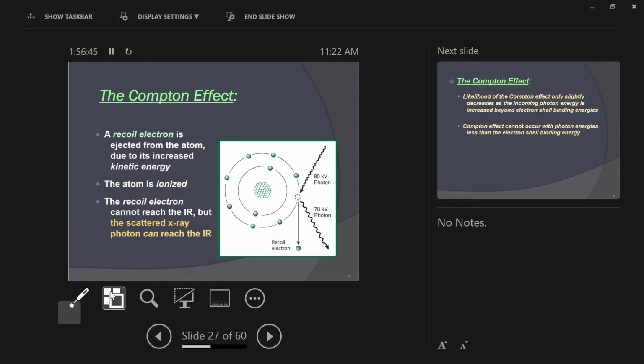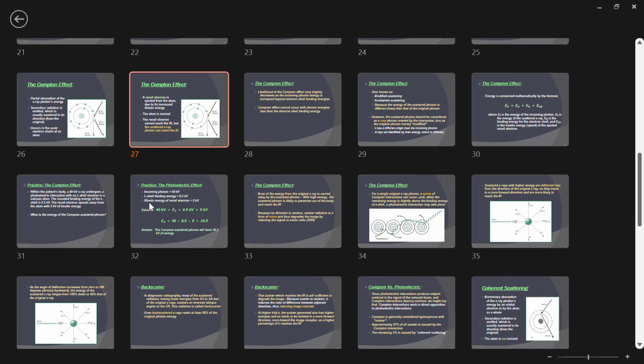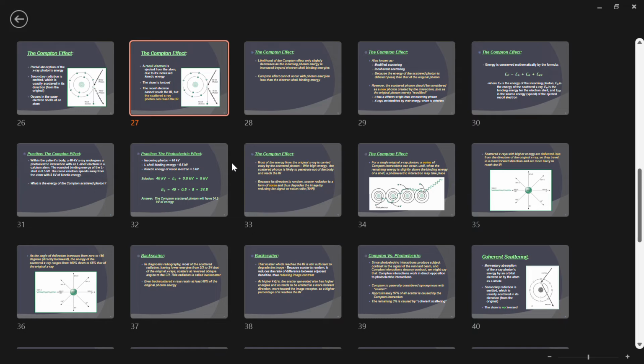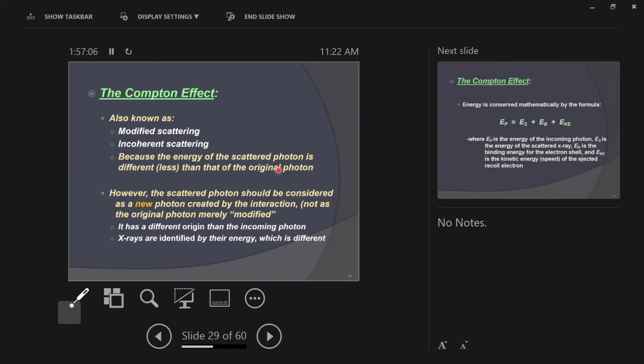So Compton interactions have to have a lot more energy than the binding energy. Photoelectric interactions have to have slightly more photon energy than the binding energy for the electrons. And the next one, well, I'll talk about the next one in just a moment here, because you need to know the other names for Compton. Compton scattering is also referred to as modified scatter or incoherent scatter,